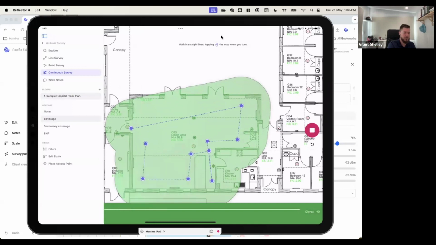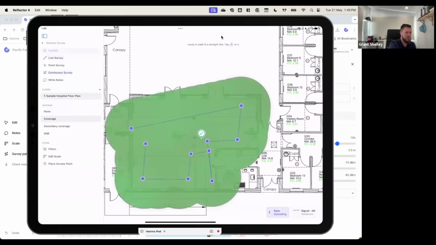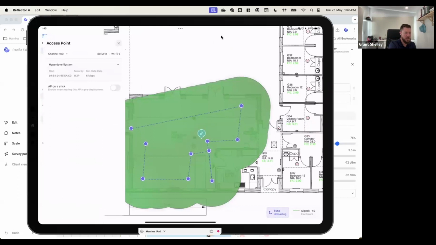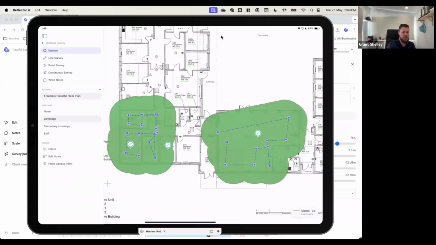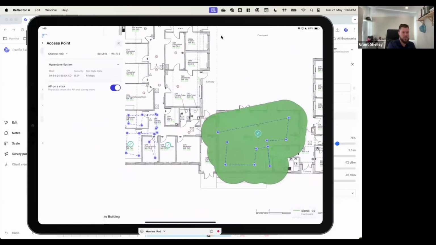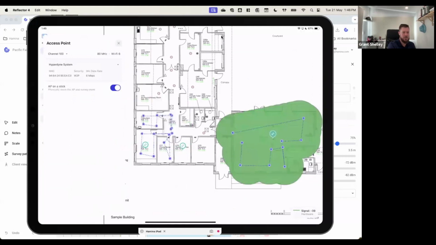Like so. We find the AP again. And then we would say, okay, this is an AP on a stick, right? And so basically what that's allowing is that we can duplicate that access point multiple times throughout the survey process, rather than the on-site app thinking that it's all part of the one AP, just with a really, really large coverage area. And so, the example is if you select each of the individual APs, they've got different coverage cells,